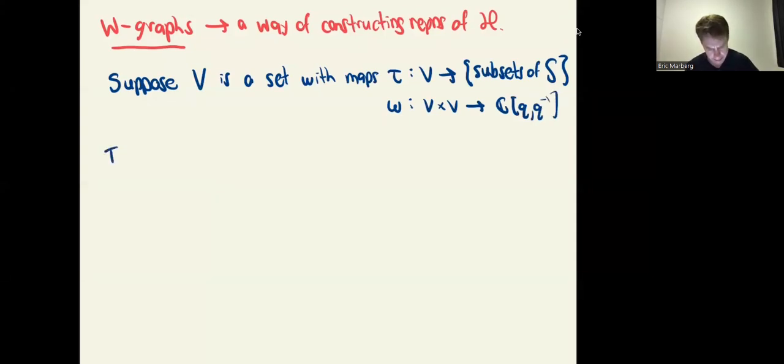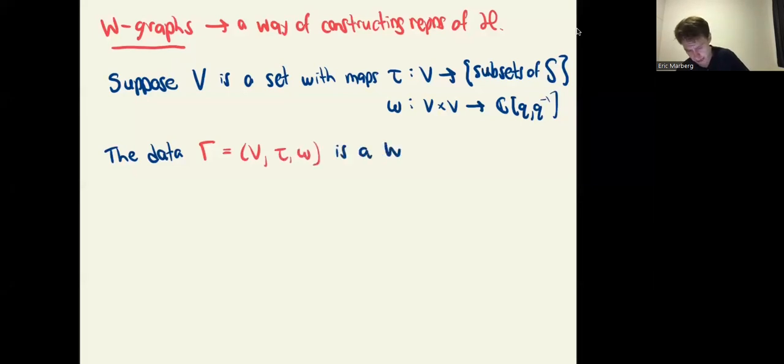And then the data gamma, the vertices V, tau and omega, is a W-graph